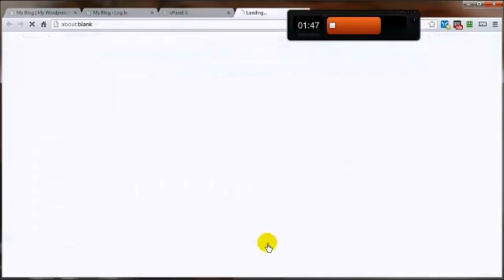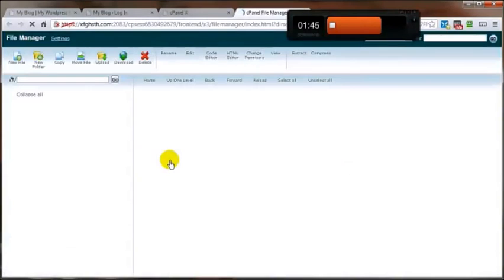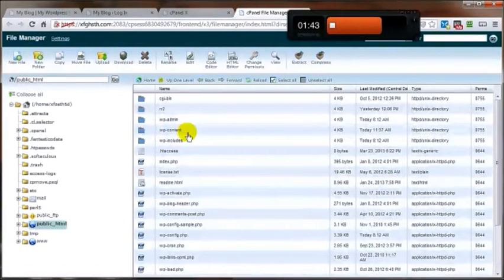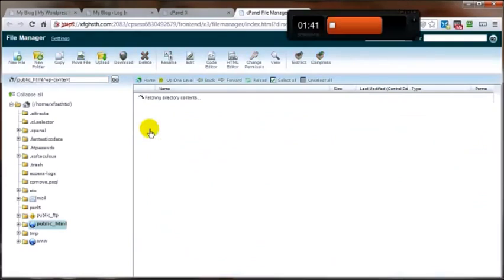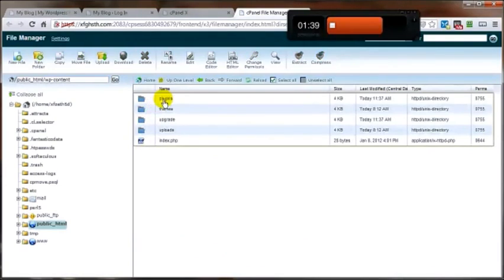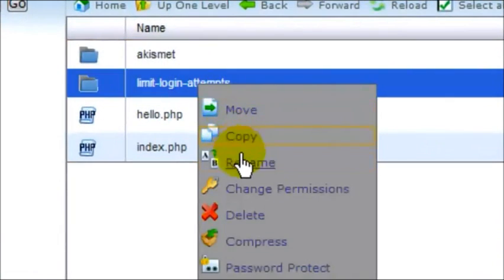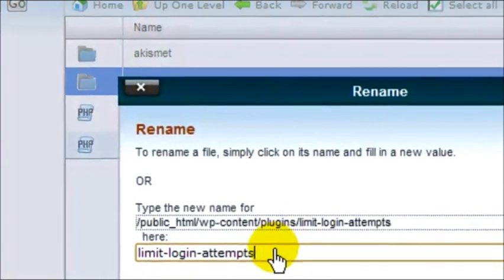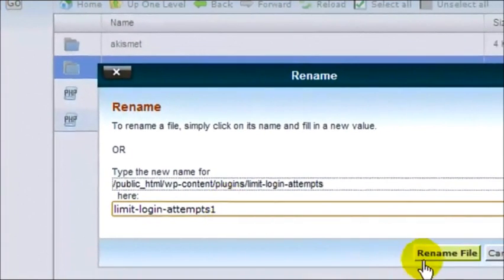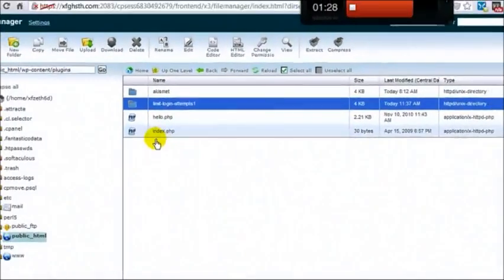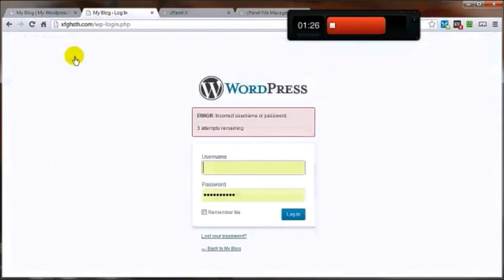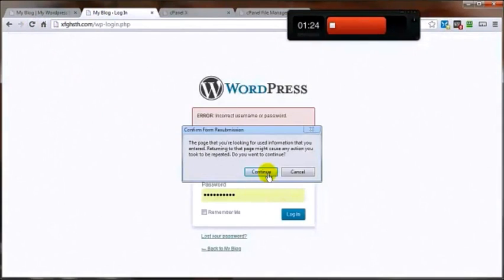Come on down to File Manager, look for that plugin, and just rename it. That's in the wp-content directory. Open that up. In the plugins directory, open that up, and right here, just rename it. I just put a number or something after the end of it, like 1. Just basically change the name of it. And then come on back here, refresh, continue,